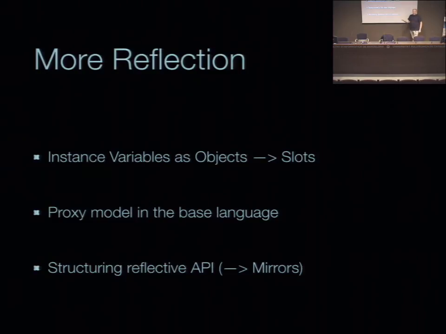For example, active instance variables that always do something special when you store something into them, or typed instance variables that can only hold objects of a certain class, things like that. There's work on getting a really good, very modular proxy model directly into the language, so that you can put a proxy on any kind of object and it will work everywhere, even in the cases where things are optimized down in the deepness of the system, which is very interesting for things like distribution and maybe even concurrency